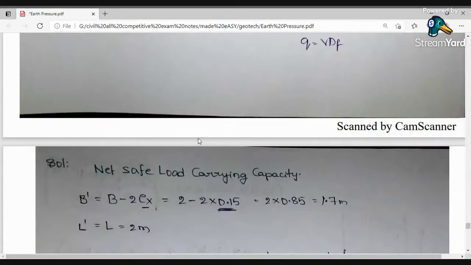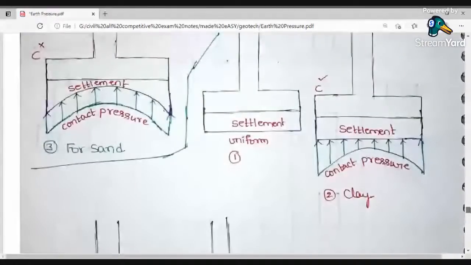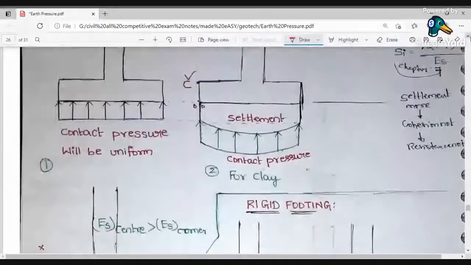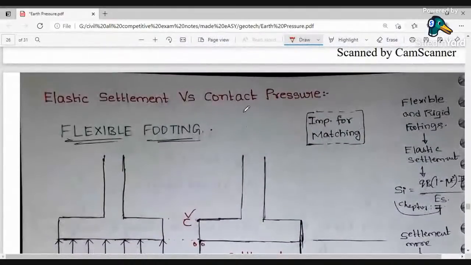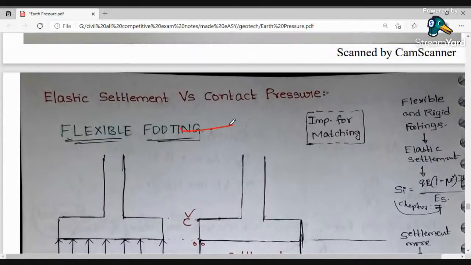Meyerhof, then nutritions, then elastic pavement, then rigid footing, flexible footing, difference between the elastic settlement and contact faces. We'll do some live class in the next